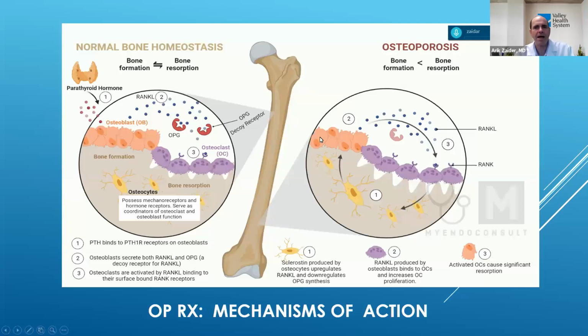So osteoporosis, highly complex process. There are cells that cause the bones to be formed. There are cells that cause the bones to be broken down. There are numerous proteins and molecular mediators that have been identified that stimulate one process and the other, stop one, start the other, start one, stop the other. And with the help of biologic therapies, not too unlike the biologics that we use in RA, they've really been able to target some of these key proteins that lead to osteoporosis and really have wonderful results. So we're lucky to live in an era where you really can treat it actively, prevent it, and make it a lot better.